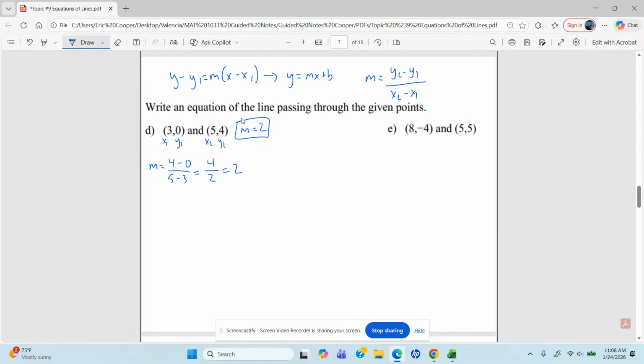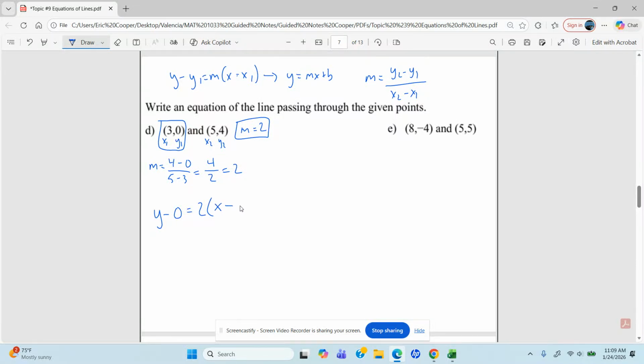Now, again, you can use either coordinate when you do this. It does not matter. If you want to use the one that you called x1 and y1, that's fine. If you want to change the x2, y2 to x1 and y1, that is fine. As long as you use the slope, either one of these coordinates will work. So for me, I'm going to use this coordinate since I already called it x1 and y1. So I've got y minus 0 equals